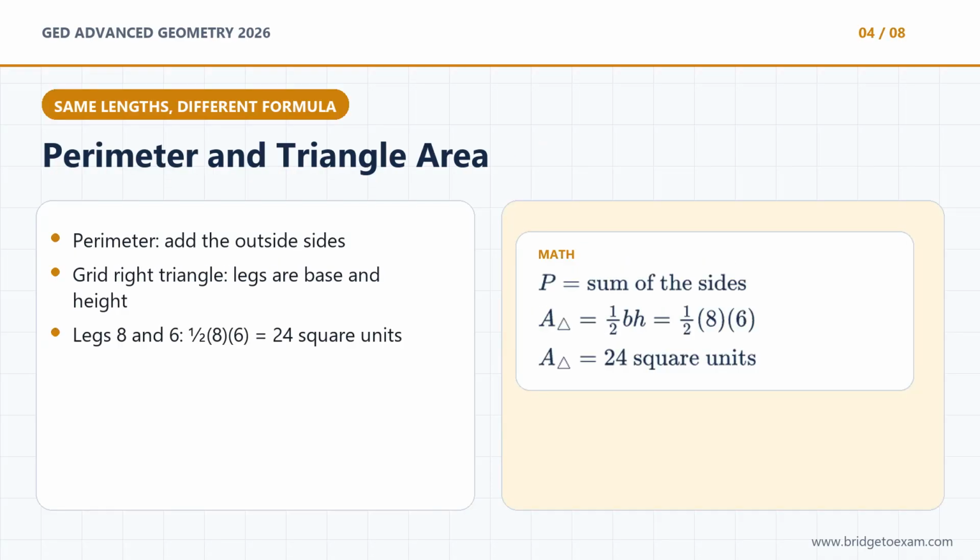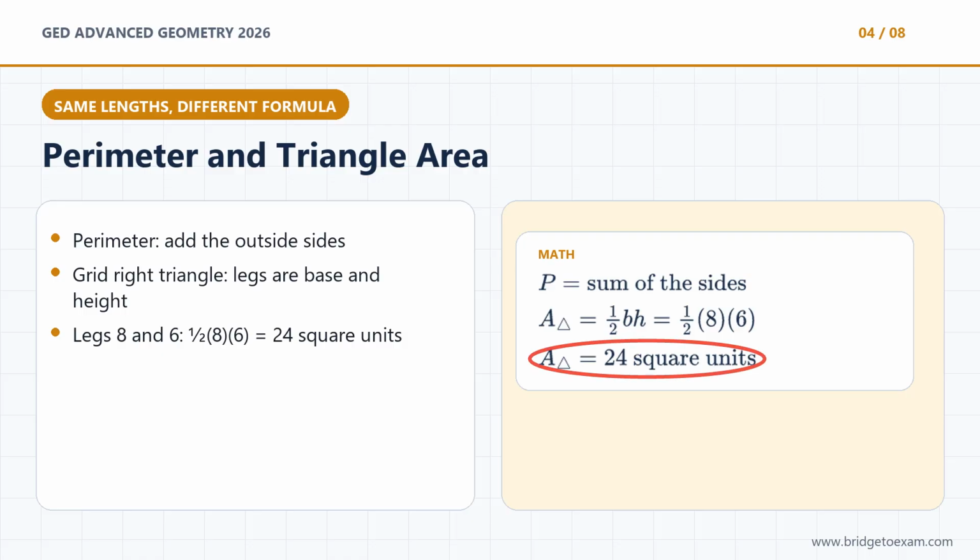Once you have the side lengths, other formulas follow. For perimeter, add up all the outside sides. For a right triangle with legs along the grid, the two legs are the base and the height. So the area is 1/2 base times height. For example, a right triangle with legs of 8 and 6 has area 1/2 times 8 times 6, which is